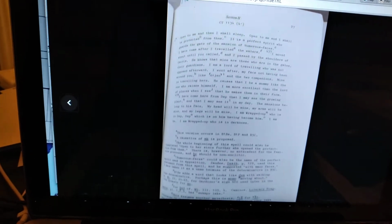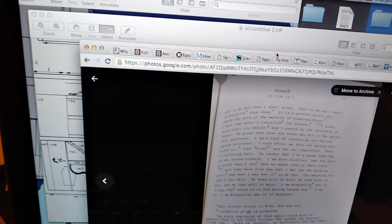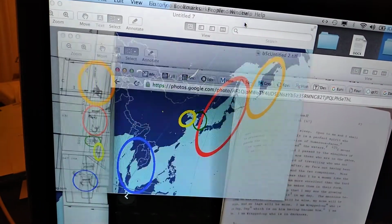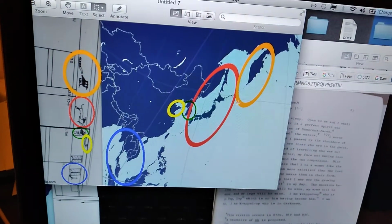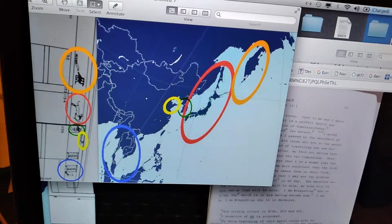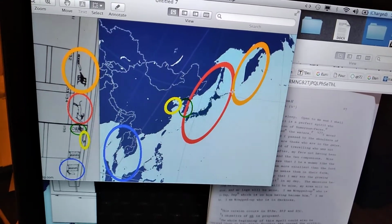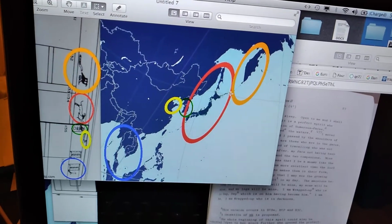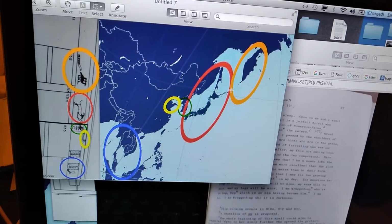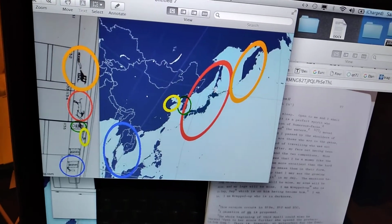All right, but then the next one is for Japan and the Sakhalin Island and the nearby Kuril Islands. So the first one is basically for the Kamchatka Peninsula, this whole thing, and then the nearby Kuril Islands, like here. And then the Japan one is for these Kuril Islands, and then Sakhalin Island of Russia, and then